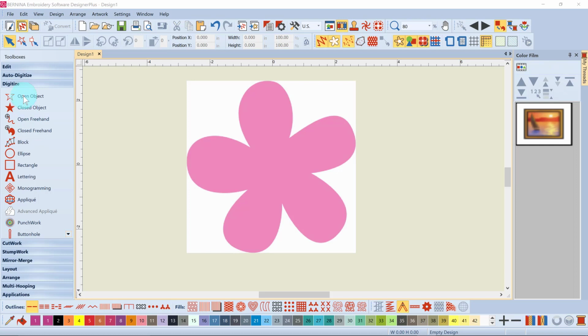And just like we have open and closed objects based on making nodes, left and right clicks, these are also open and closed objects based on left clicking and dragging, creating a shape. So I have the flower still on the screen, and the first thing I'm going to create is a closed